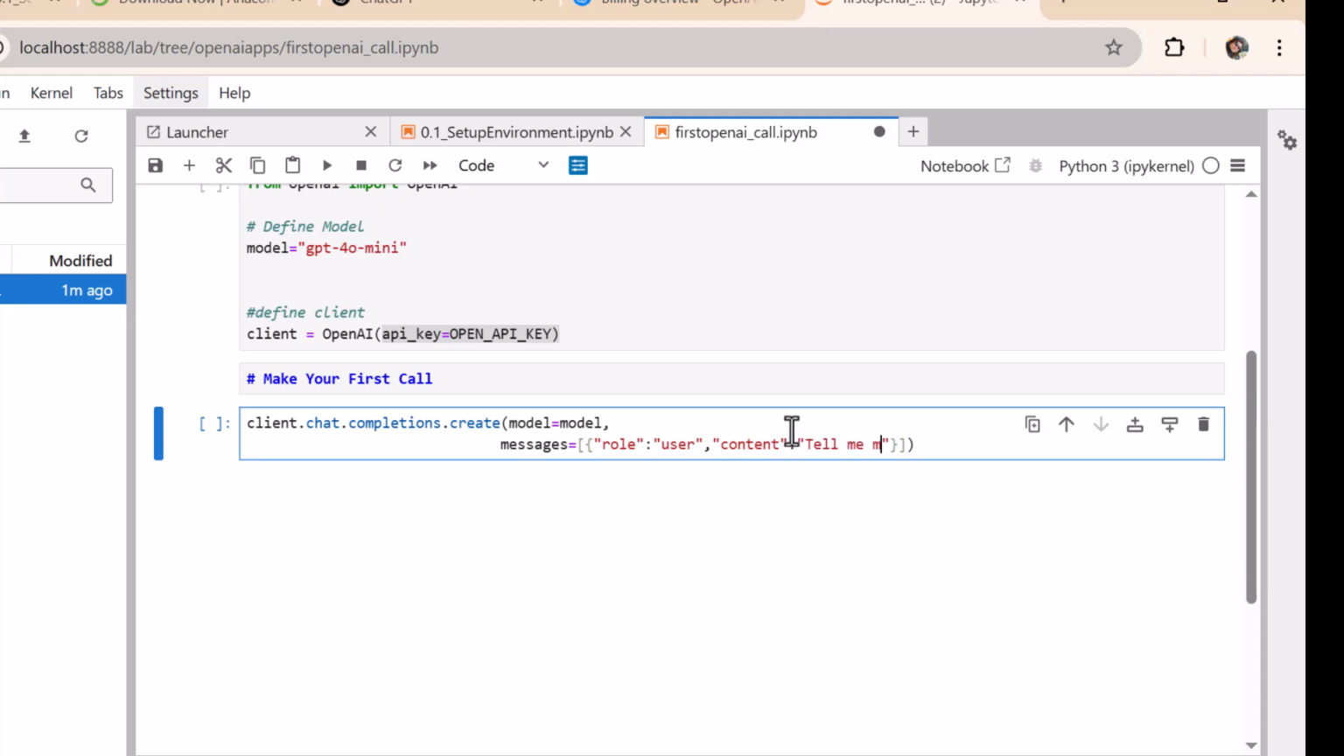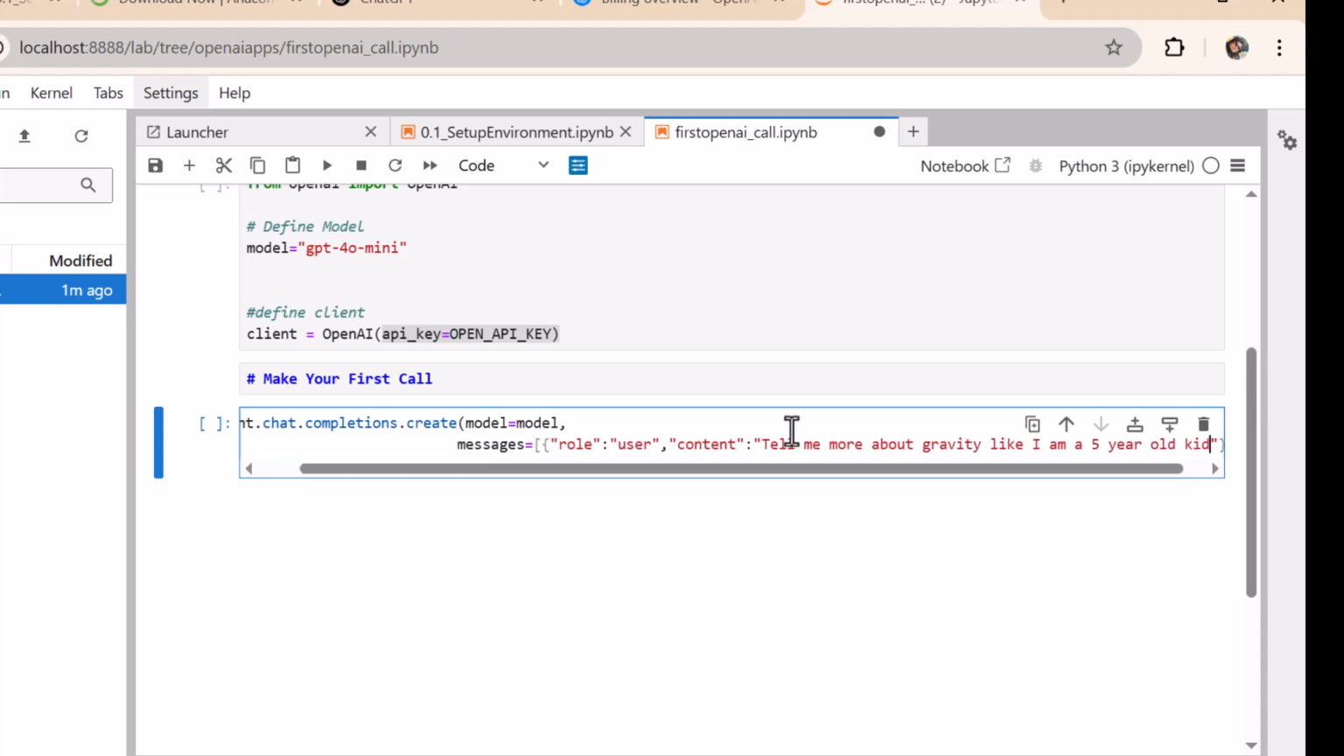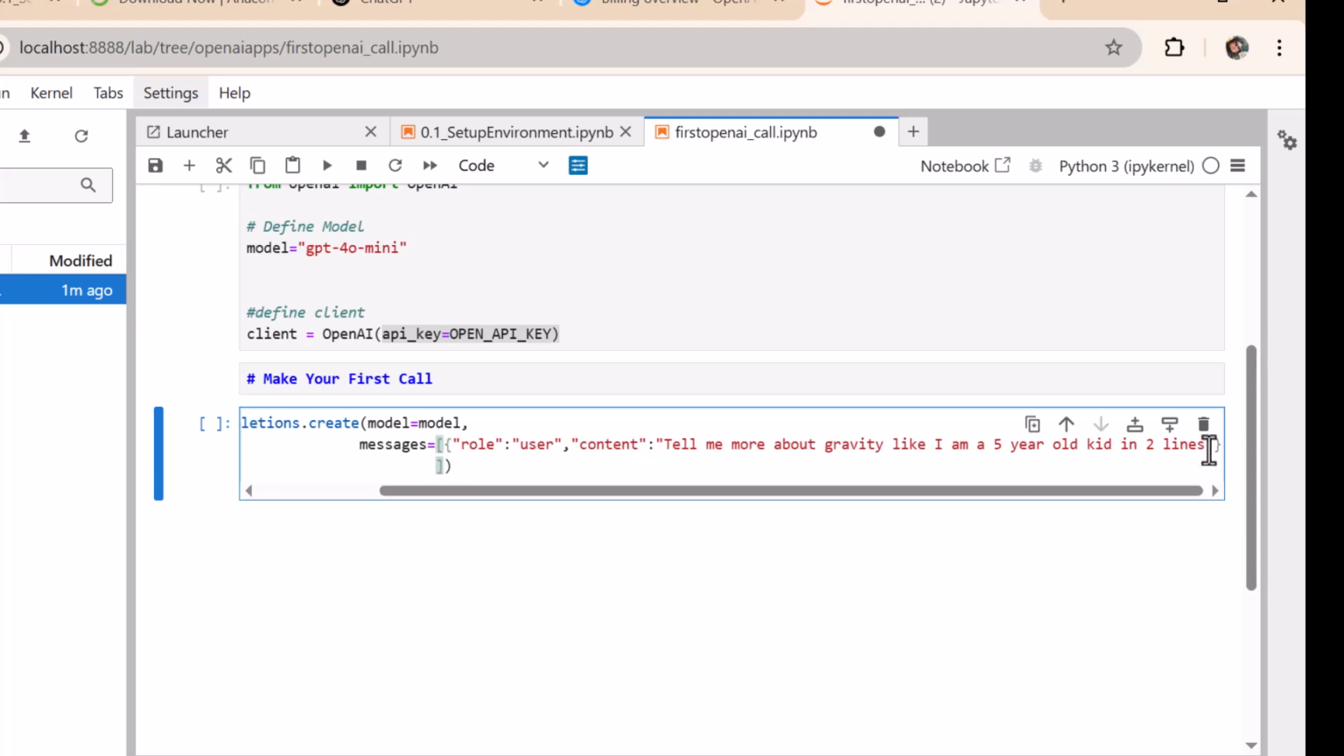So tell me more about gravity, like I am a 5-year-old kid, in 2 lines. Okay, because I want to limit my tokens. We have this. Now later on we will see in this chat model we can also pass messages as a system, as an AI, but we will do that later. This is our first call, so let's